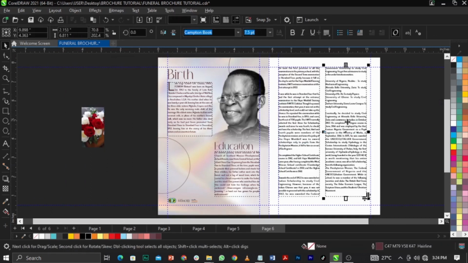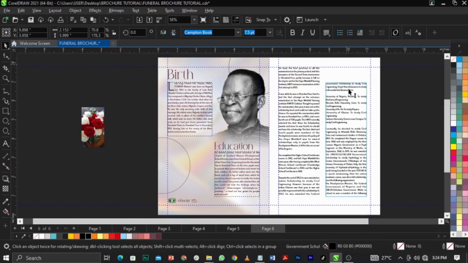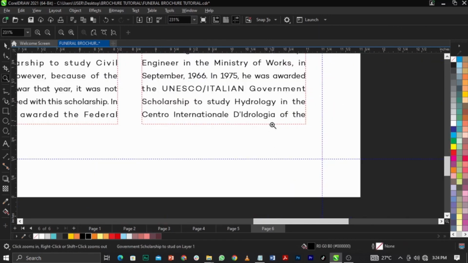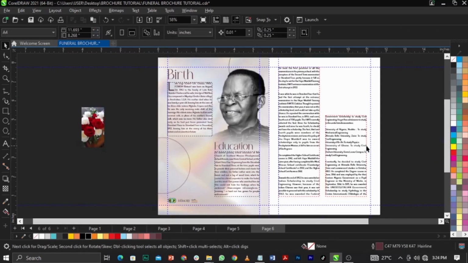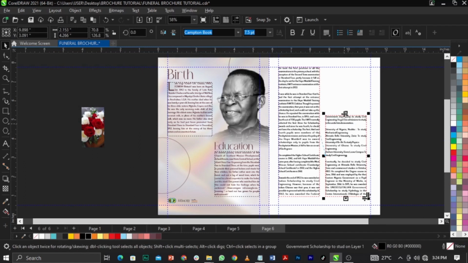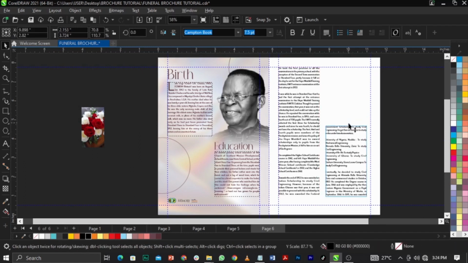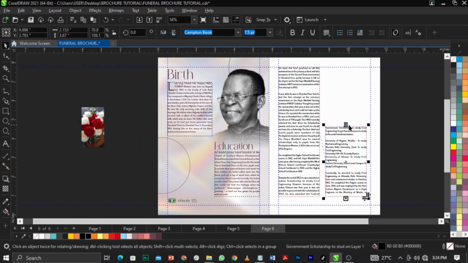All right. So right now, I don't want this place to be just plain. I'm going to drag this one. Don't mind, forget about this text. We're going to continue on the next page. It will continue on the next page. All right. Right now, I'm going to just drag this one down, and once we're done with that,